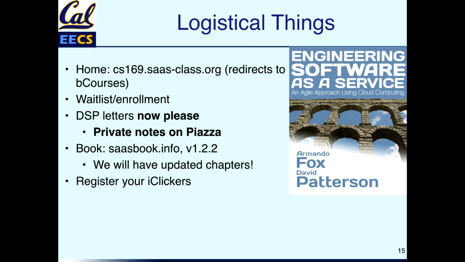And iClickers. So we will be using iClickers. They are annoying, they are finicky, but they work better than lots of other things. I will try and enable the online polling option if you want to use your smartphone. But usually the easiest thing to do is to rent a clicker. If you have someone who is not taking CS169 and does not have a lecture at this time of the day, and you are comfortable borrowing a clicker